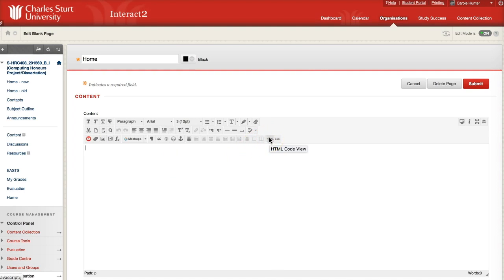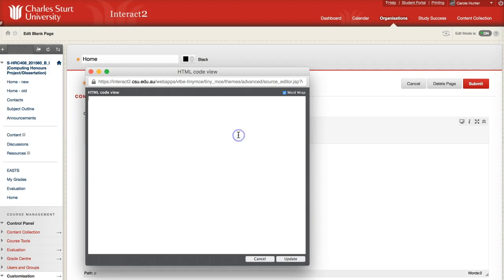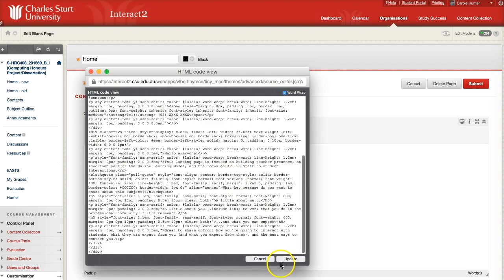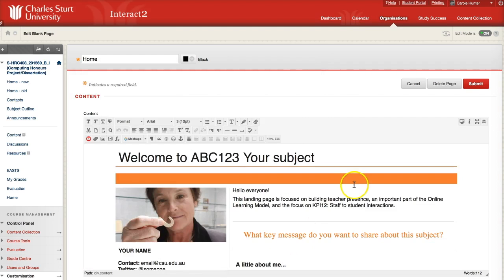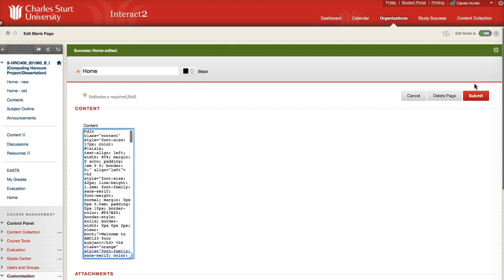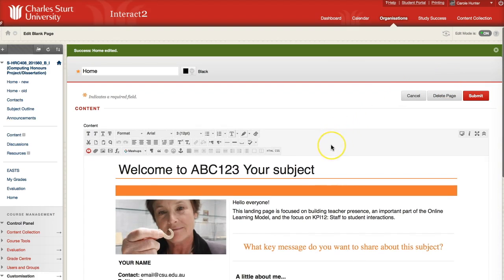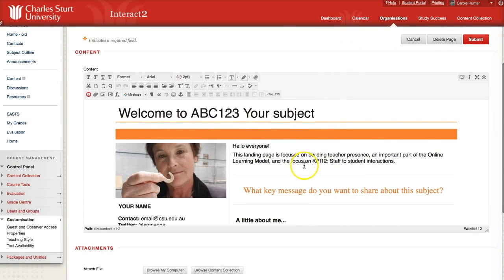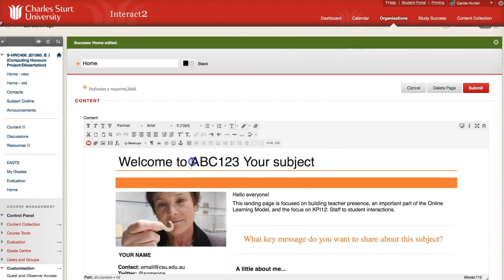Again, I'm going to click on HTML, and then I'm just going to do Control-V to paste the code in and update it. Now this is quite important. Remember to click on the submit button just to make sure that that's saved. Alright, so now what I want to do is just go and change some of this text and make it my own. My subject's not ABC123, your subject, so I'm going to change it to what my subject is. HRC 408,